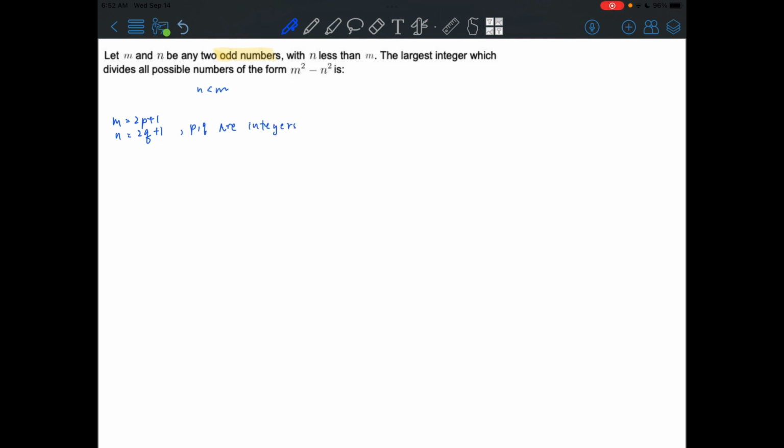So we can express m squared minus n squared in p and q. M squared minus n squared is equal to (2p plus 1) squared minus (2q plus 1) squared. And we can use the identity a squared minus b squared is equal to (a plus b) times (a minus b). So this will become (2p plus 1 plus 2q plus 1) times (2p plus 1 minus 2q minus 1). So we will have